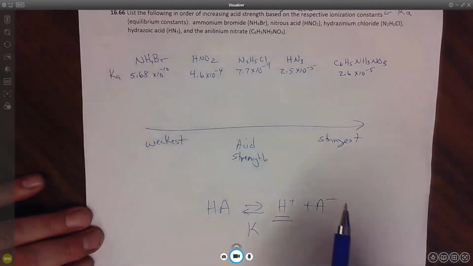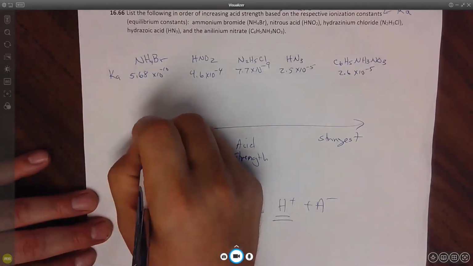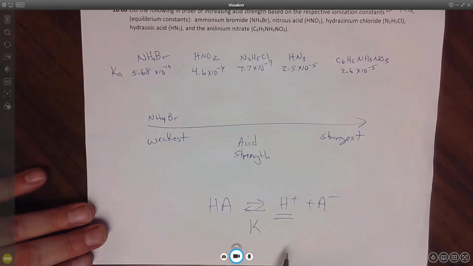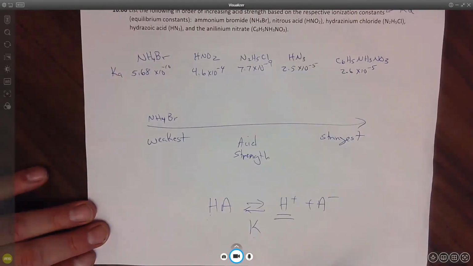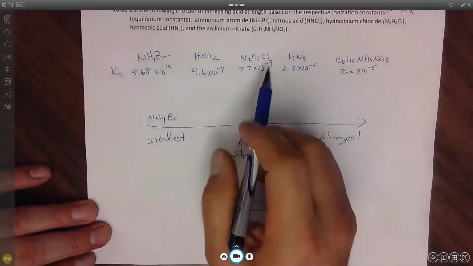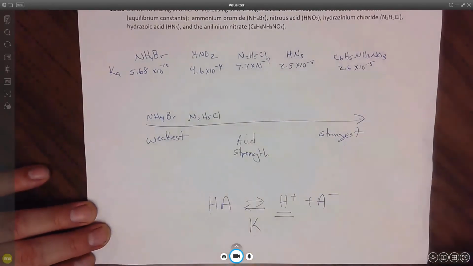Ammonium bromide? Yeah, the ammonium bromide, right? It has the smallest Ka value. So it would be NH4Br. What's going to be next? Good, hydrazinium chloride. Okay, so that's this one here, right? 10 to the negative 9. So hydrazinium chloride, followed by